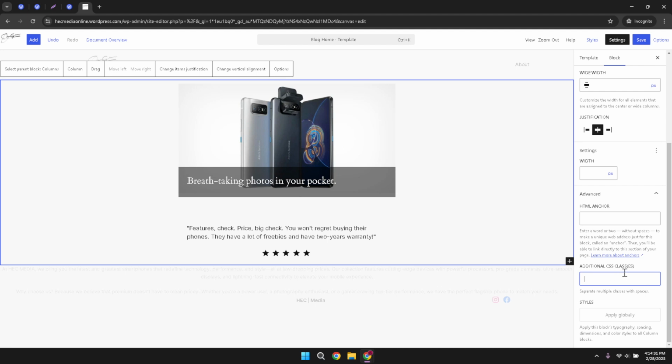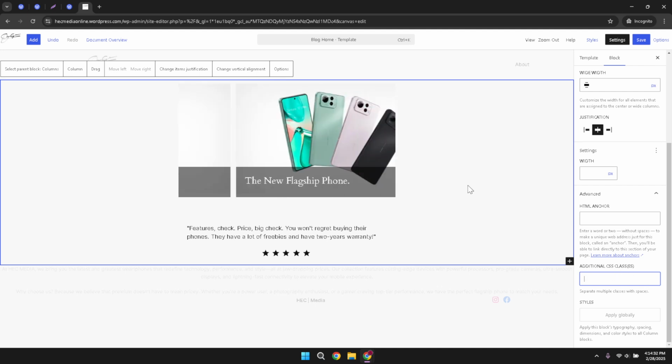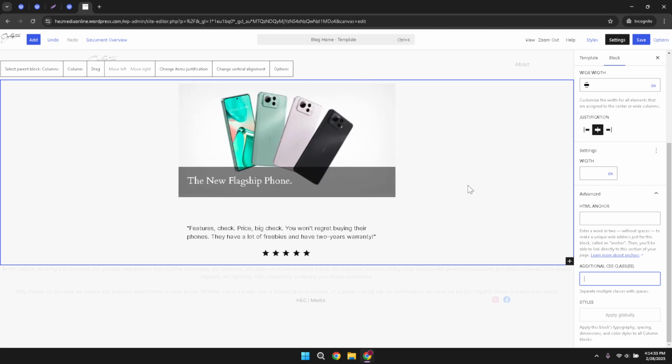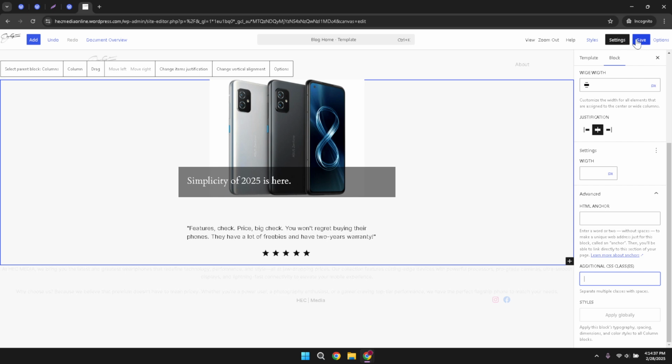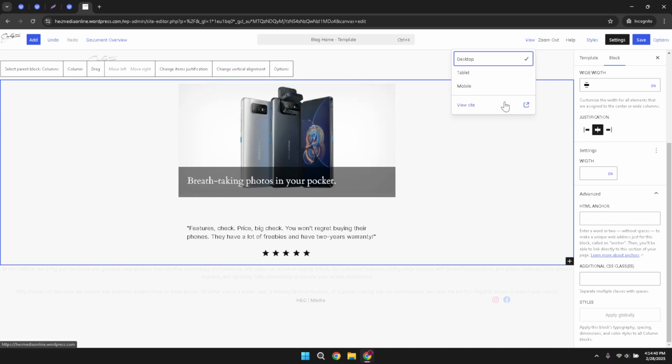After you've added your CSS, take a moment to review your changes. Make sure everything looks good and functions as expected. You might even consider previewing your site in a different browser or on another device to see how the changes appear across various platforms. And that's it, you've successfully edited your CSS in WordPress, tailoring your site to better fit